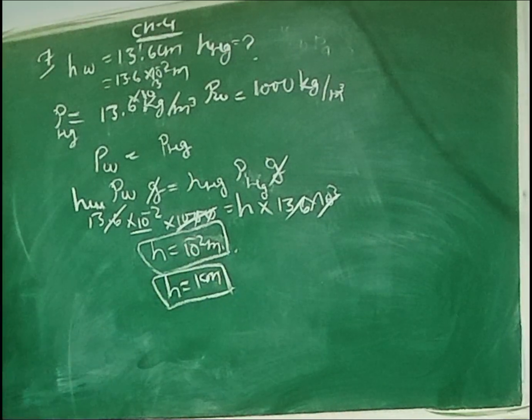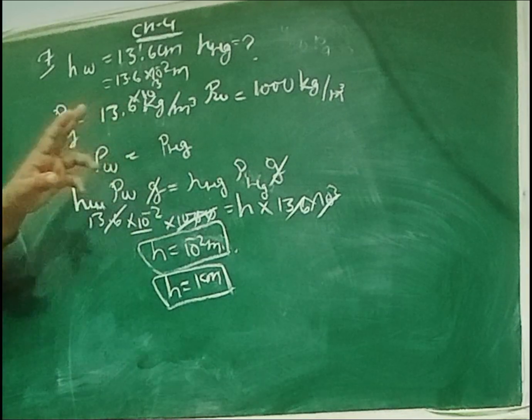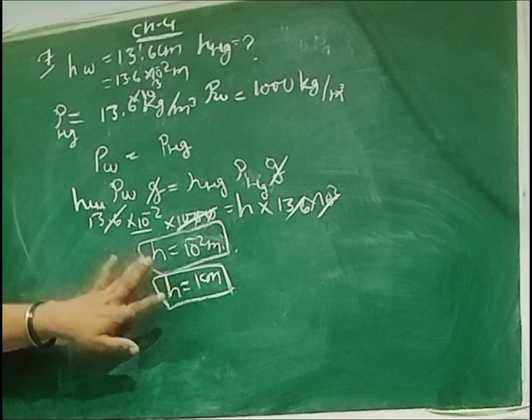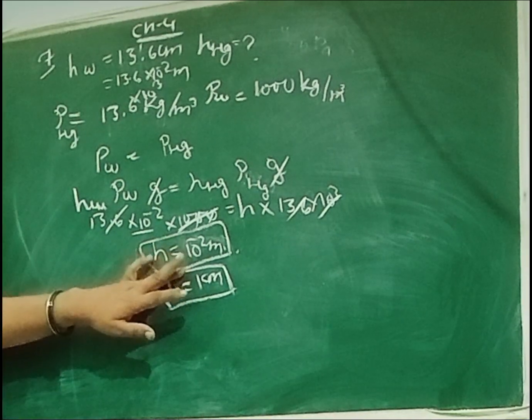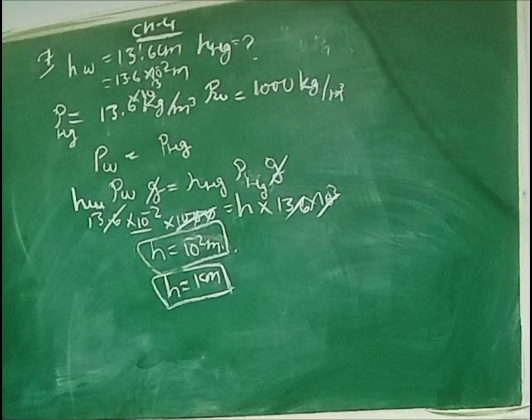This is your answer। वहाँ पे 10 to the power 3 भी था जो मैंने गलती से छोड़ दिया। ठीक है, तो हाइट ऑफ मर्क्यूरी इज इक्वल टू 10 to the power -2 meter या 1 centimeter।